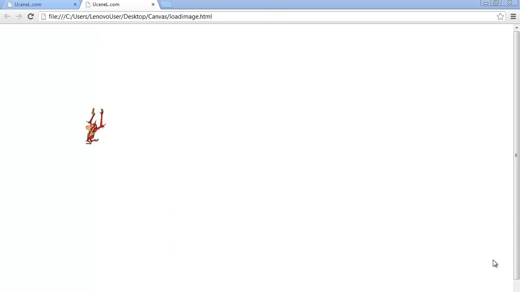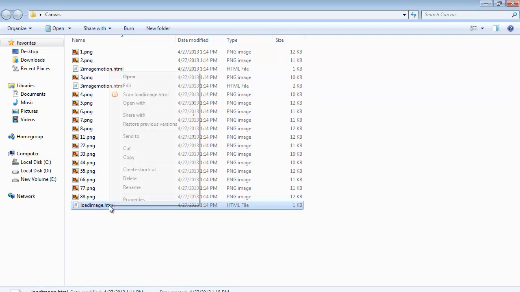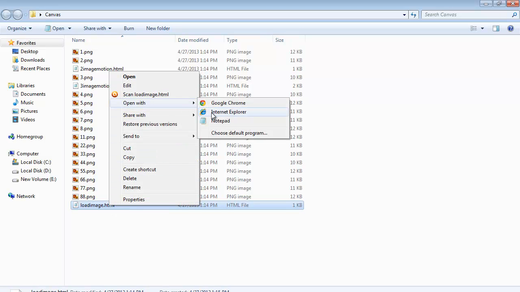We are using Google Chrome. Google Chrome supports HTML5 features. That's why our image gets properly rendered. But if we open the same thing in Internet Explorer, then you don't see any image, because the old versions of Internet Explorer, that is around Internet Explorer 8 and below, do not support HTML5. The new Internet Explorer 9 does support some of the HTML5 features. For that, it's better you do all the HTML5 demos on Google Chrome or Firefox, which support all of the HTML5 features.